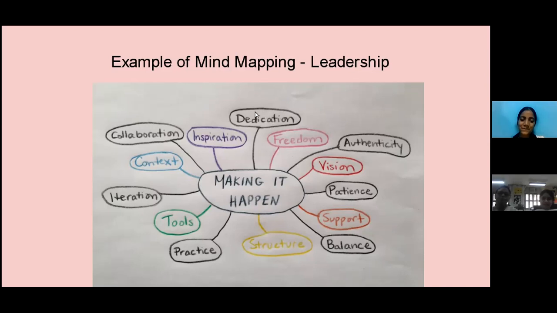So then freedom comes. Then dedication. A leader has to show his dedication first, then only the followers will do it. If the leader is not dedicated, then what can you expect from the followers? So that way. And authenticity. So different areas. This is called a brainstorming session, where you are asking on a topic,